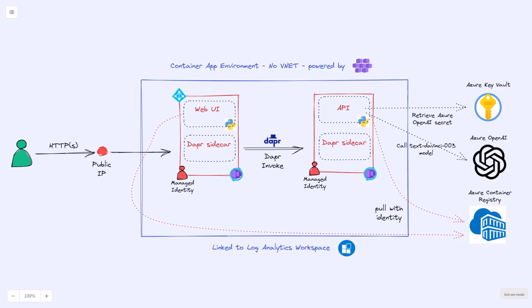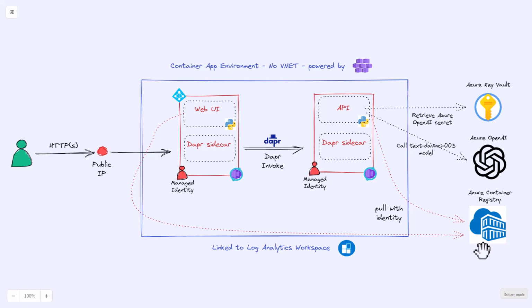Let's look at what we're going to build here. So we're first going to deploy a container app environment. And within that container app environment, we're going to deploy two container apps. One application will be the web UI, which will be protected by Azure Active Directory. The web UI container app has a managed identity. It is used to grab the container image from Azure Container Registry, which is a private registry, so we have